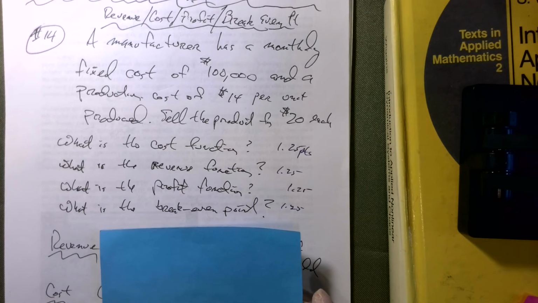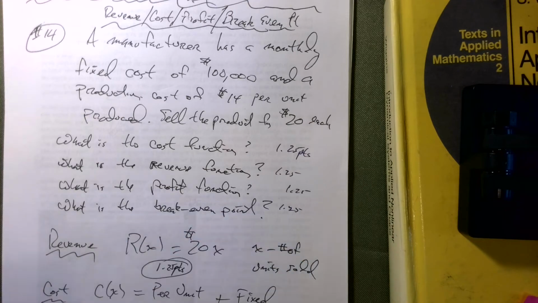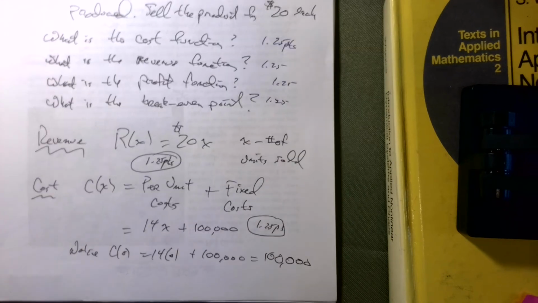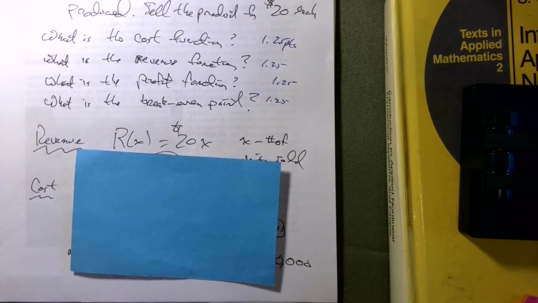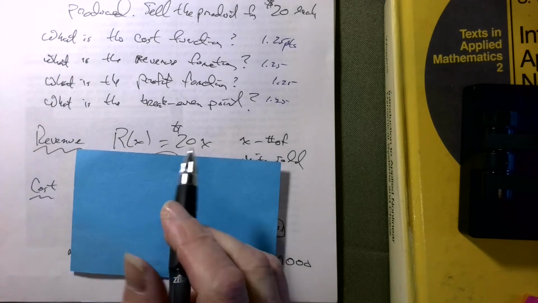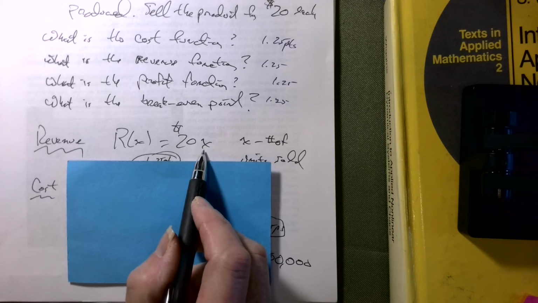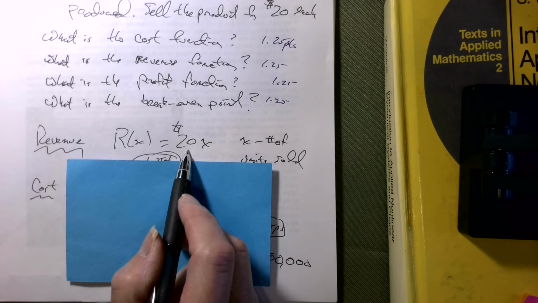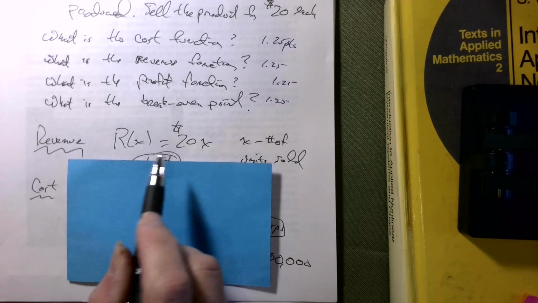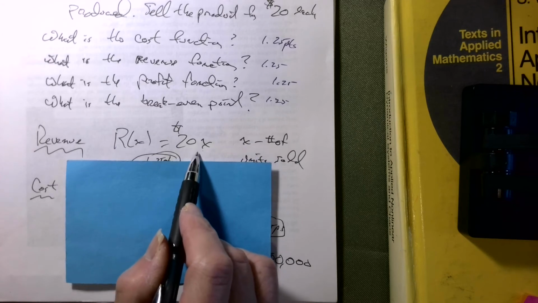Okay? So here's the situation. We have to look at each of these individually. So let's take a look at the revenue. The revenue, not the cost, excuse me, the revenue. So if you sell one object, you make $20, or you bring in, I should say. If I sell 5 of these, I get 5 times 20, which is $100 revenue. So in other words, the revenue function is just a straight line that passes through the origin, and its slope